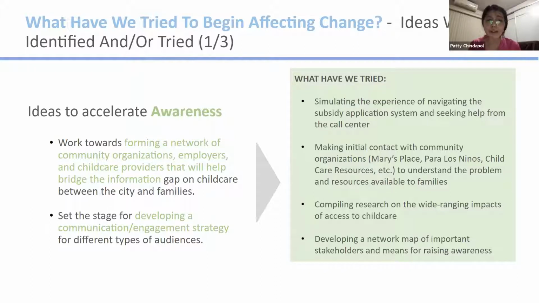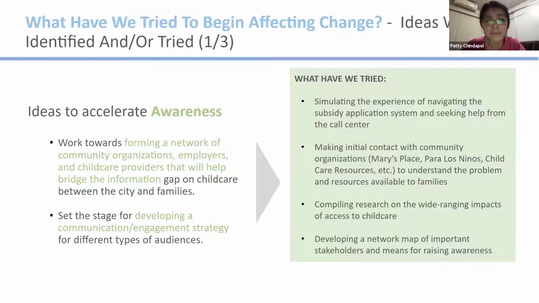So what we've tried, Doreen has tried simulating the experience of navigating the subsidy application system herself to figure out where the pain points are as a user. So that was one area of trying to figure out, well, how do you start the process even? The second is to make initial contact with some of the community organizations that are listed on the slide here, to understand the context that we're operating in, as well as the resources that are already available to the families,